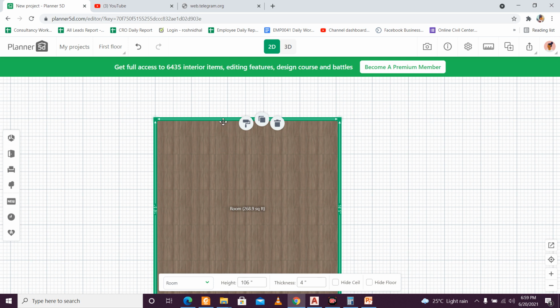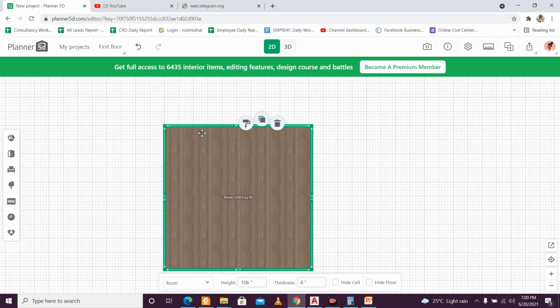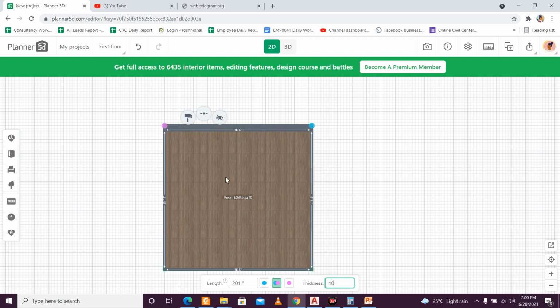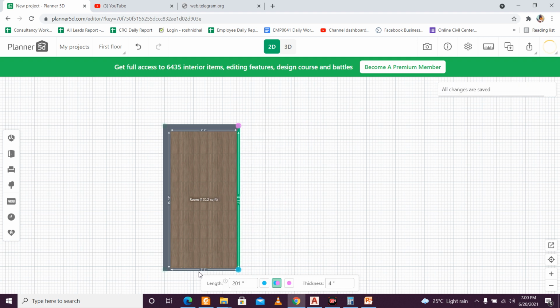Now after you have done that, I want my overall dimensions as 28 feet by 36 feet 8 inches, the outer to outer dimensions I want that, and inner to inner dimensions will take care of itself. Or else we can also go component by component. So suppose we want a kitchen here, so we'll go room by room. Suppose this wall thickness I want as 10 inches. This will be the outer wall, this will also be the outer wall, this also I want as 10 inches, and the remaining walls we can change as per our preference here.